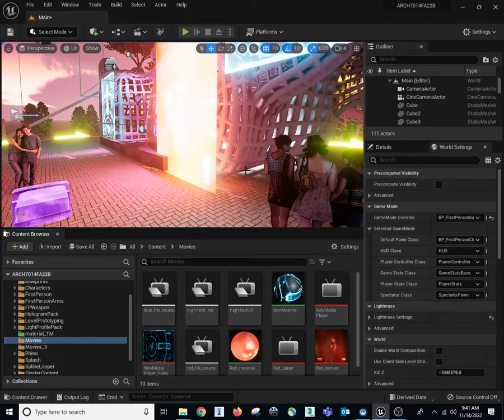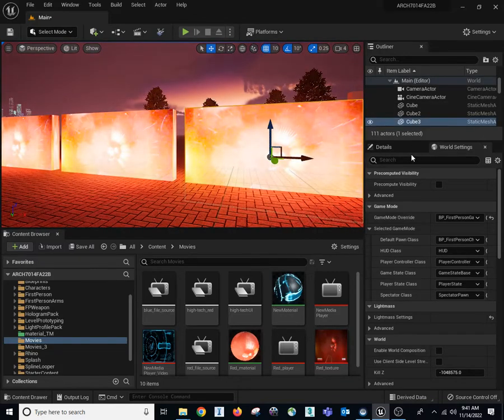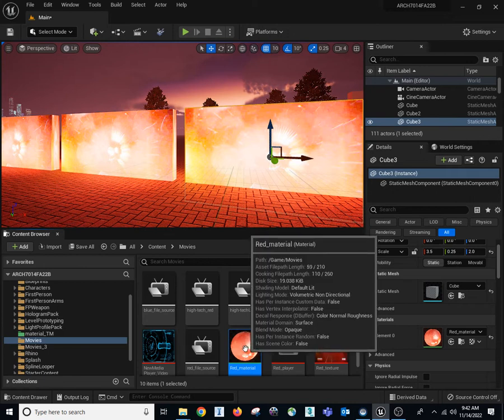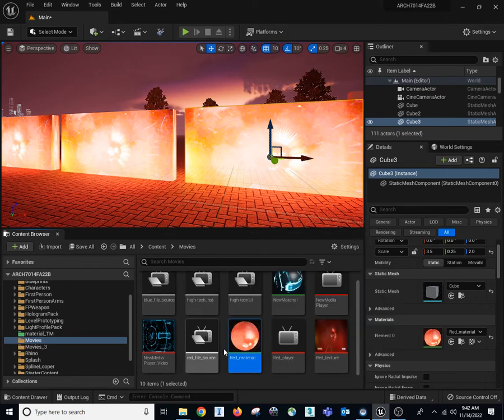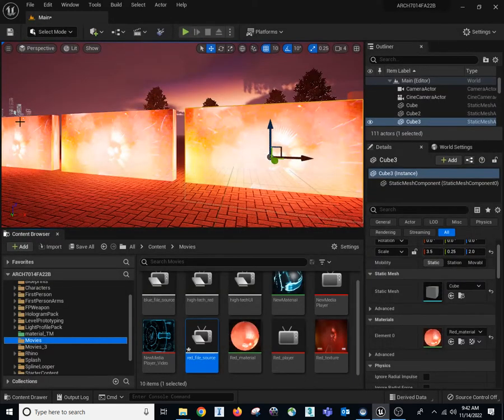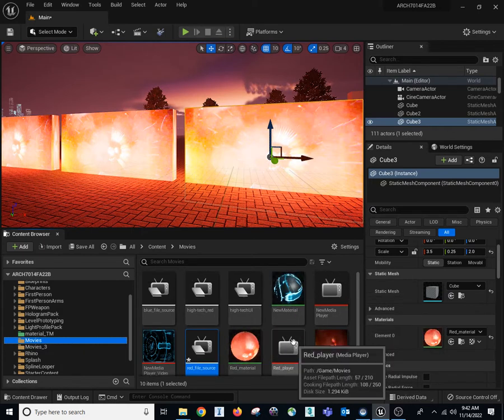Then I want to make sure all the links are still working. If you recall, this is the material called Cube 3. This is the right material, right? So here if you choose browse, it still finds it. That right material is linked to the right file source, right? If you double click, you see here it's still trying to link back to movies 3. So you want to make sure you update the link, otherwise it will give you some missing connections. For the right file source, you basically just need to check all the sources you have, and make sure the